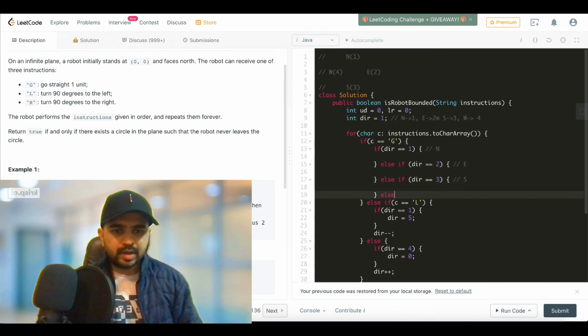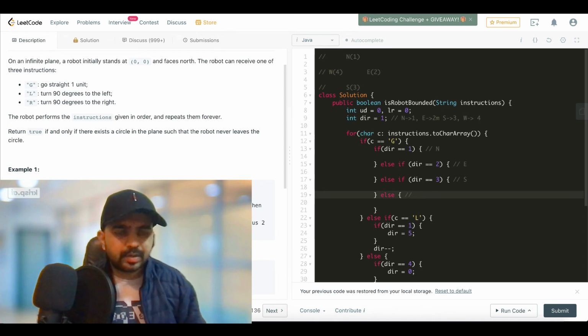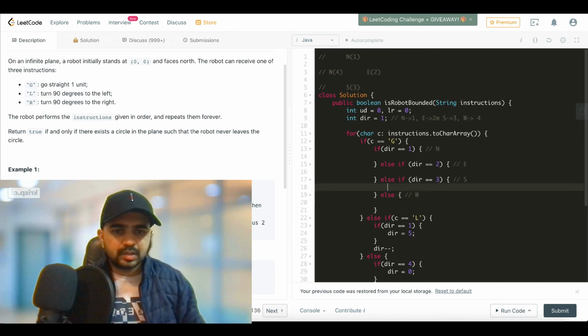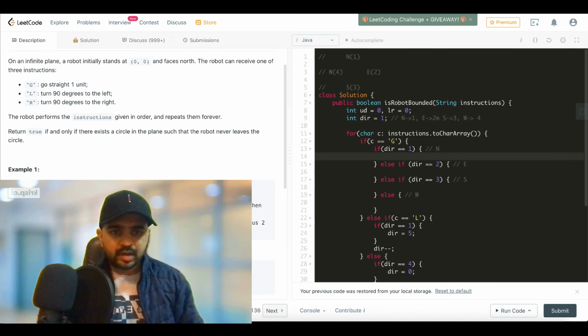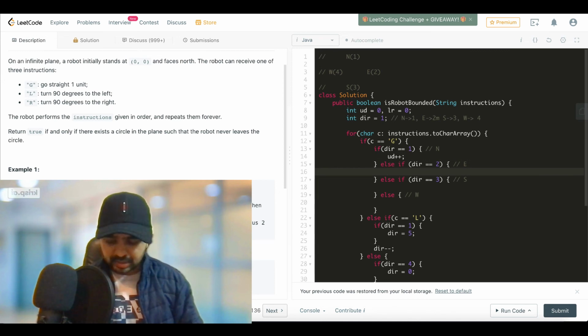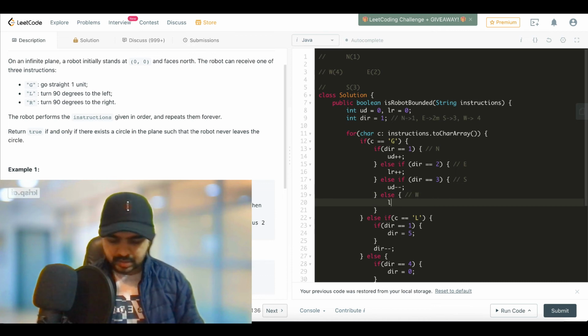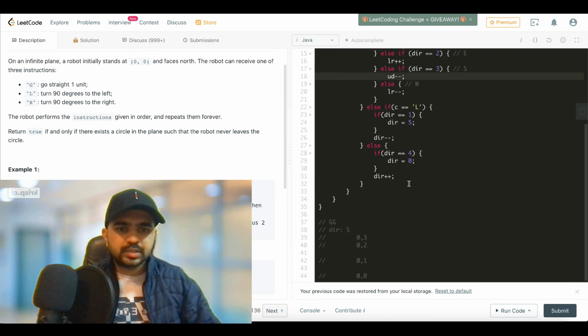Else this will be our west case. So we just need to increment or decrement these variables. If we are moving in north direction, let's just do ud++. That means we are moving up. If it is east, let's do lr++. If we are going towards south, let's do ud--. If we are moving west, let's do lr--. So I think this looks good.